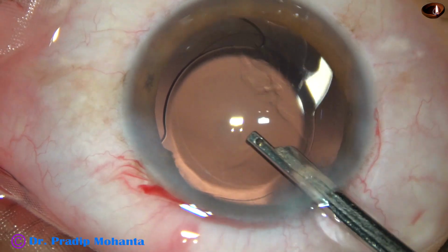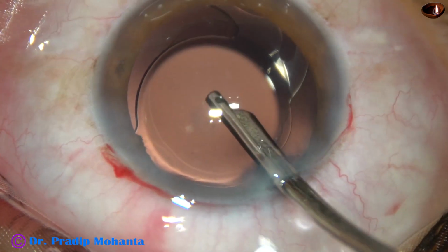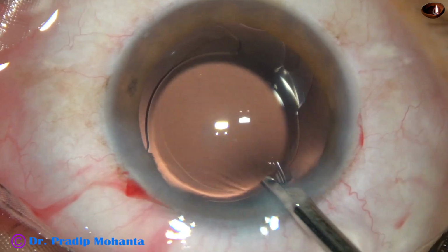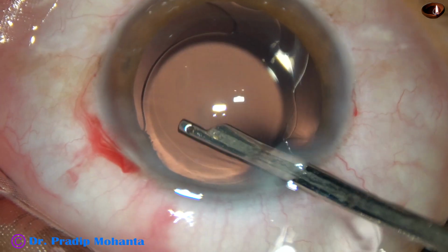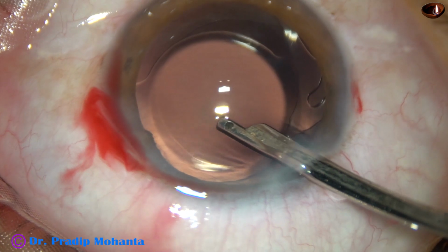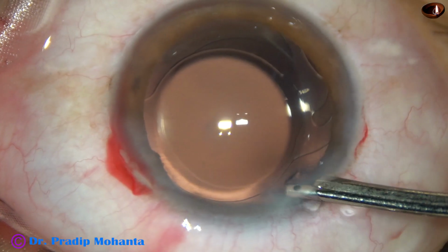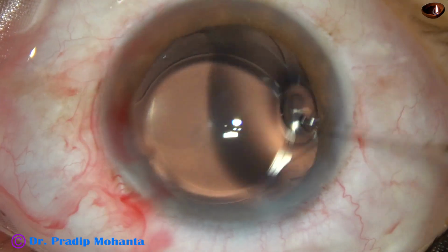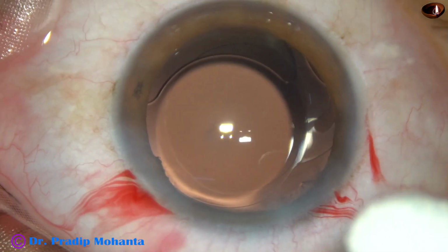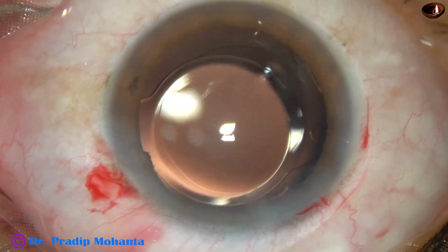As we inject fluid, this lot of visco which was sticking to the corneal endothelium has come out. So this ensures 100% removal of viscoelastic substance, and visco-induced raised intraocular pressure will not occur if we do this final lavage. The incidence of TAS, that is toxic anterior segment syndrome, is much less if we conclude the case with a final lavage. The integrity of the wounds is checked, a few drops of moxie are applied, and the case